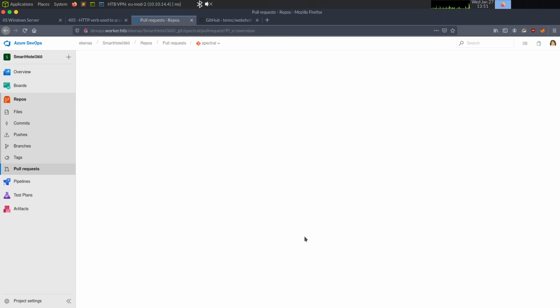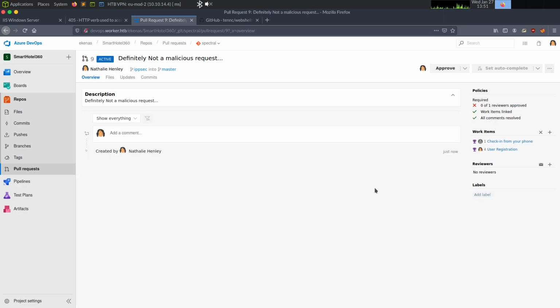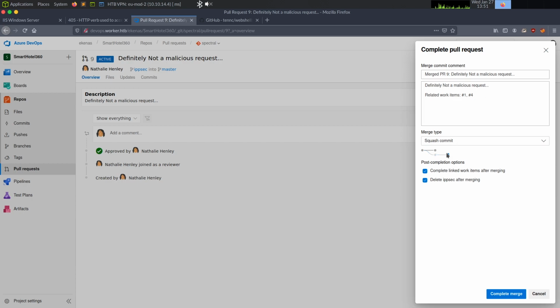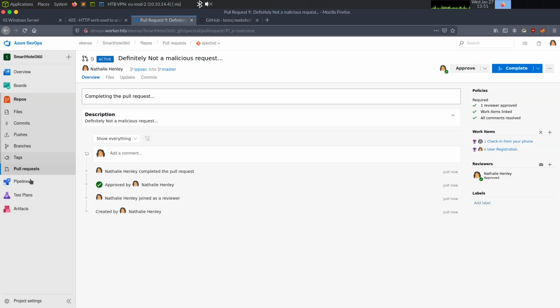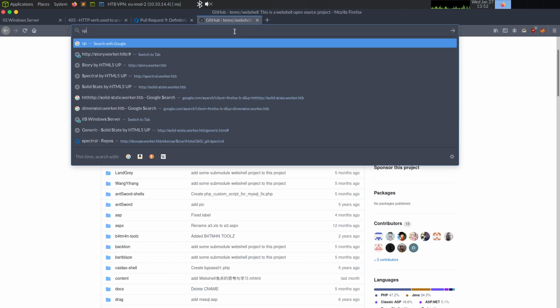And the pull request should be created, and we'll see if we're on the approvers to approve the pull request. Looks like we are. So now it is approved, and now let's complete it. And this is going to push our code into master. And now that our code is into master, we can see if this pipeline goes off. And if the pipeline does trigger, then we should be able to hit our web shell. So let's go to